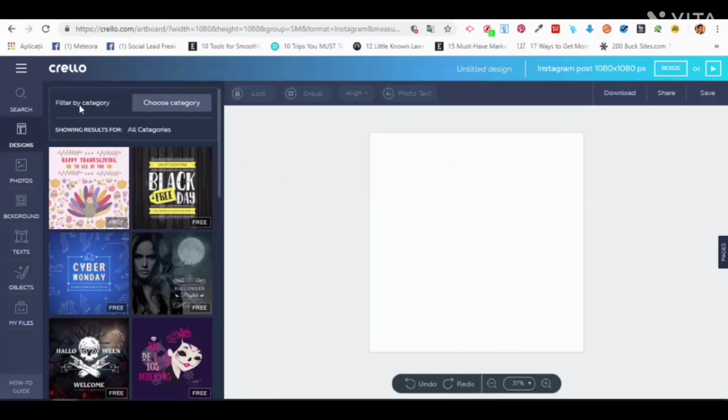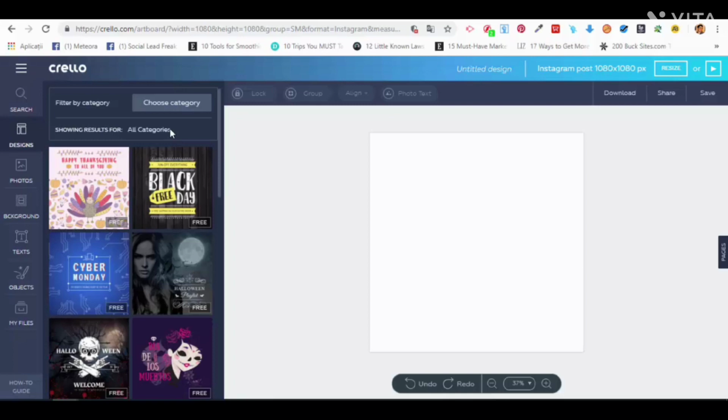On the left side you have 2 menus. You have the main menu right here where you can choose from different options and icons, and I will walk you through those in more depth in a different lecture. And you also have this menu here where you can choose the category of templates that you want to use for your Instagram posts, and from where you can choose the template and afterwards customize it and edit it for